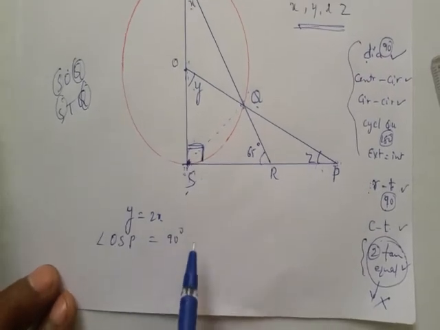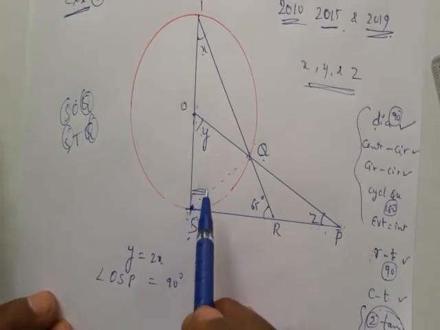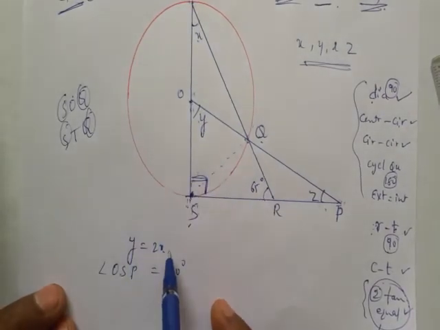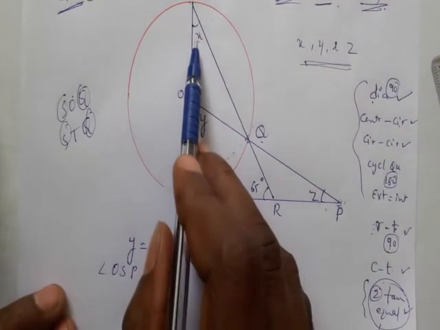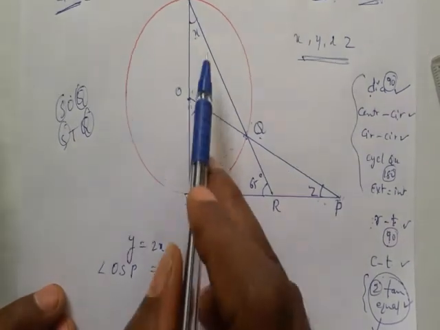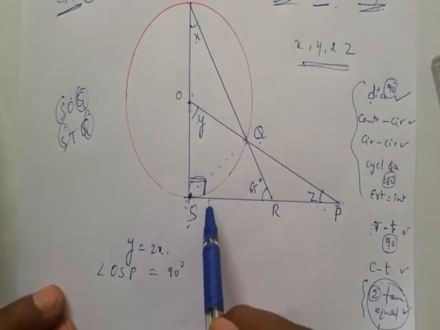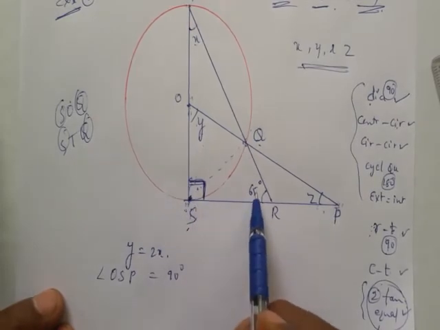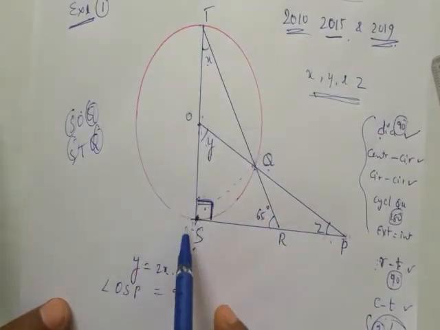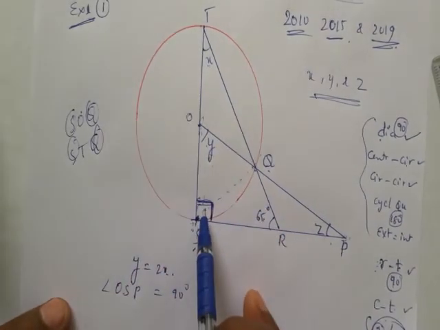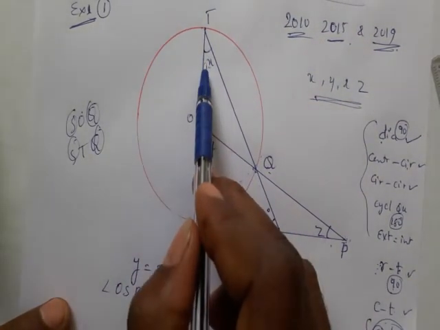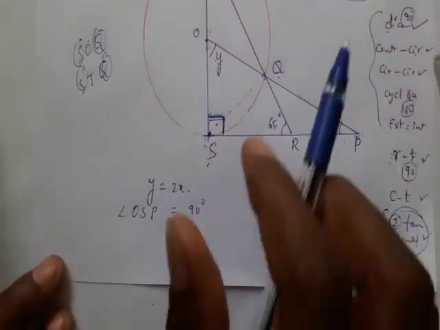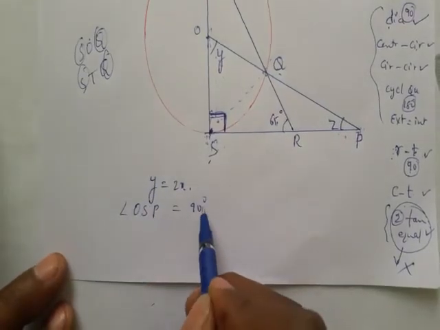Now after writing OSP 90 degree, it becomes easy. We don't know x value, we don't know y value, but y is double of x. If you know x, we'll get y. If you know y, we'll get x. But both are unknown. How to solve? Now it becomes easy. After marking 90 degree here, with 90 and 65, you use the angle sum property of triangle. 90 plus 65 plus x will give x. After getting x, here we can write double. So now for this, what reason should we write?